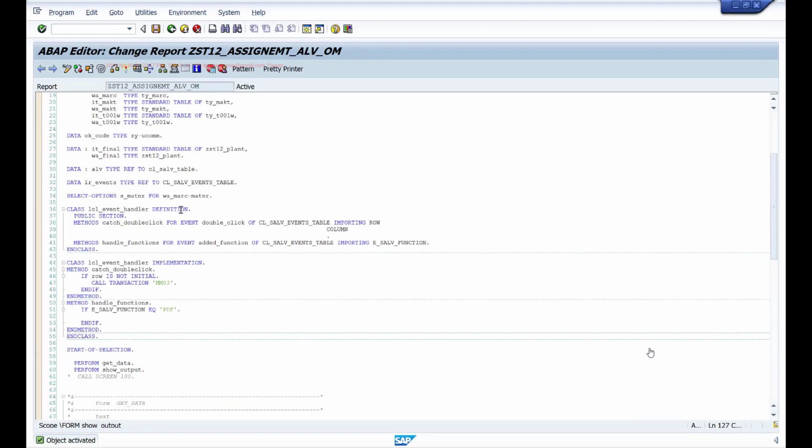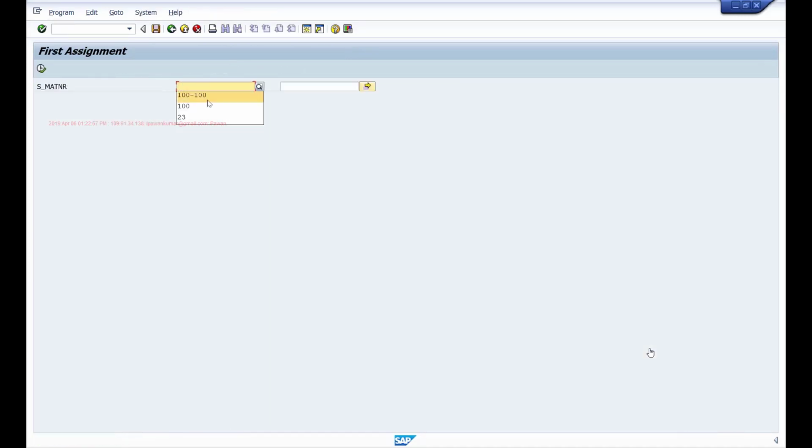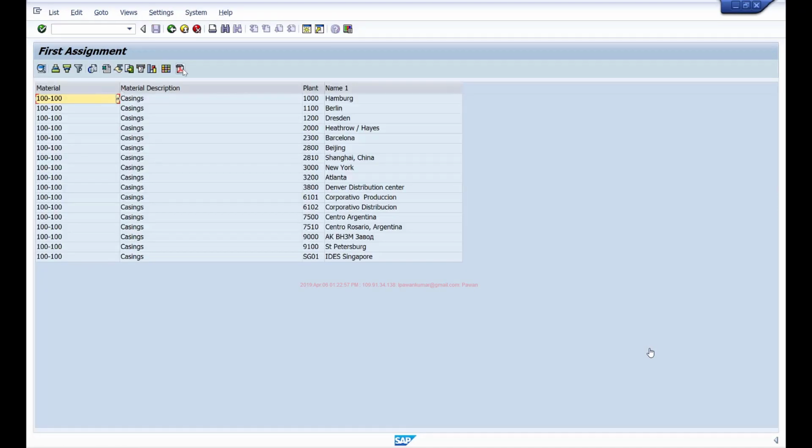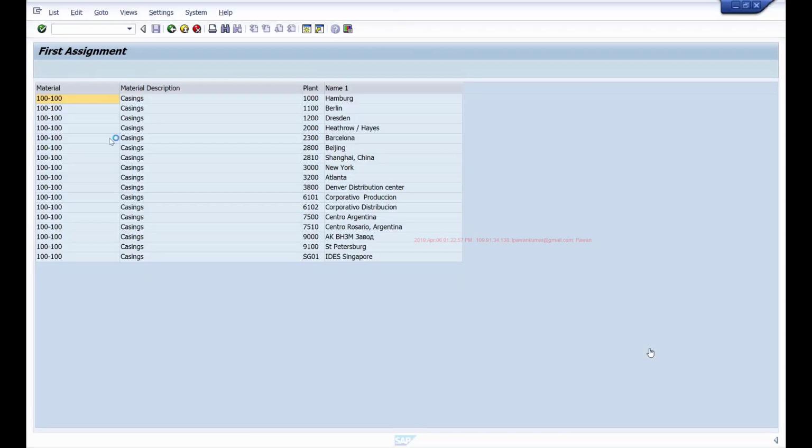So now if I keep a breakpoint on this method, catch double click as well as handle functions, if I execute, so if I click on this PDF button, for example, it will call this method and you'll have this function code passed to this ESALV function. So you can write your logic accordingly.